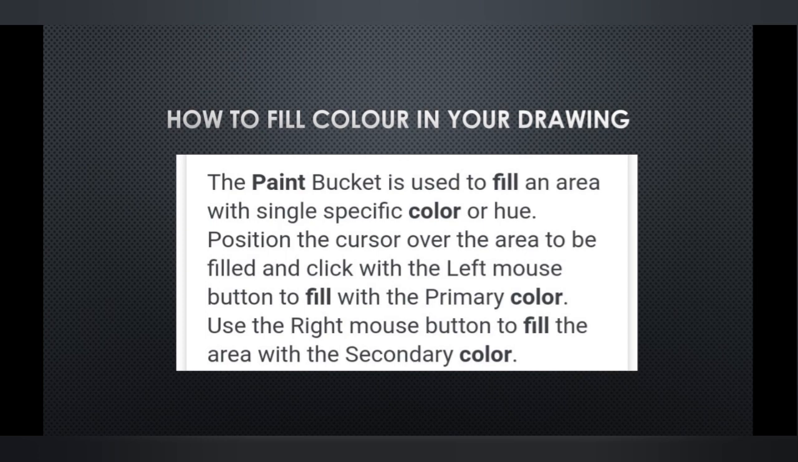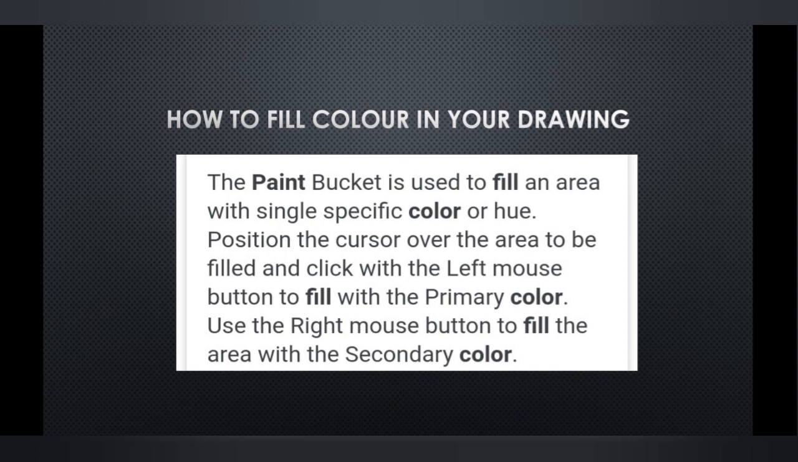So paint bucket means it is just like a bucket symbol, and from that some kind of color is coming out. In my next slide you will be able to see that. So position the cursor over the area to be filled and click the left mouse button to fill with the primary color. Which place you want to put your desired color, you have to first position your cursor over that area, and then click with the left mouse button to fill with the primary color. That means whatever color you have already chosen, that color will be filled in your desired